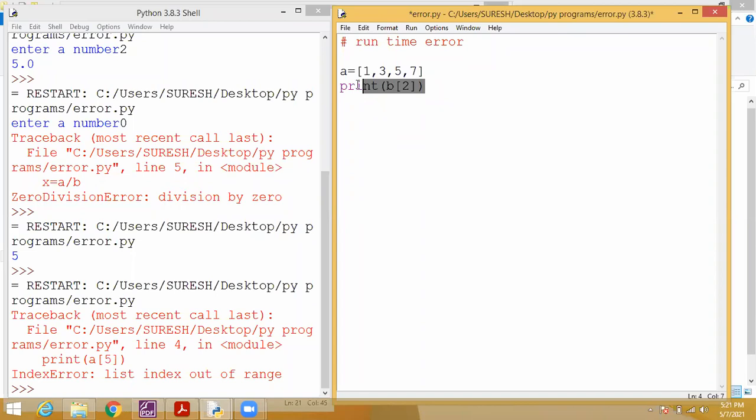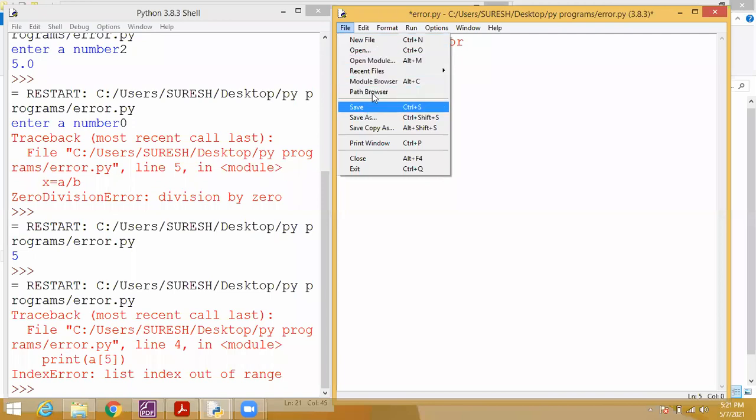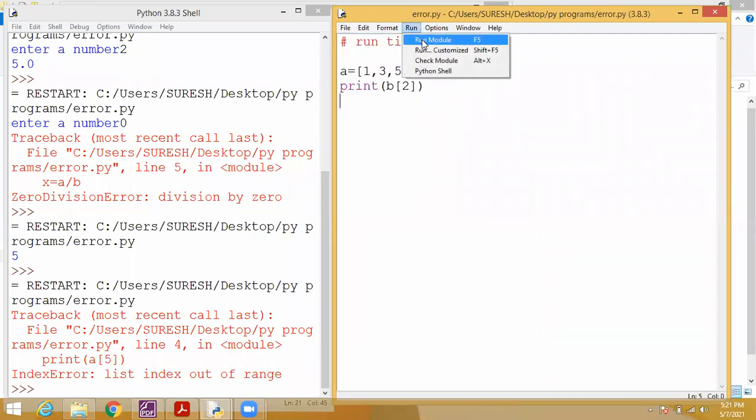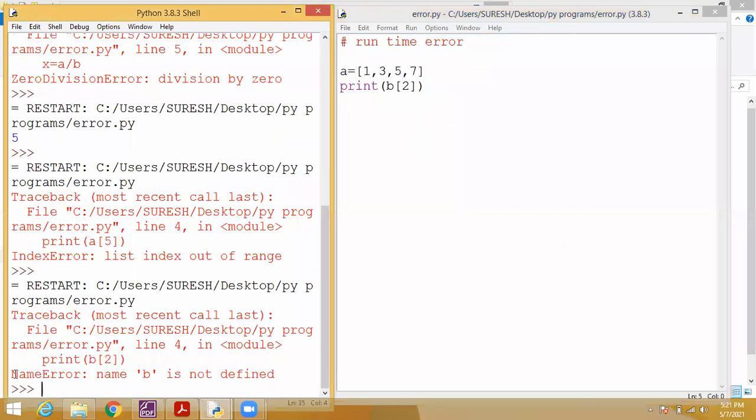What will happen here? a equal to some list of values, but we are going to print b. b is a variable not declared before in the program. So now it will show an error called name error. See, the name b is not defined. Students understood?